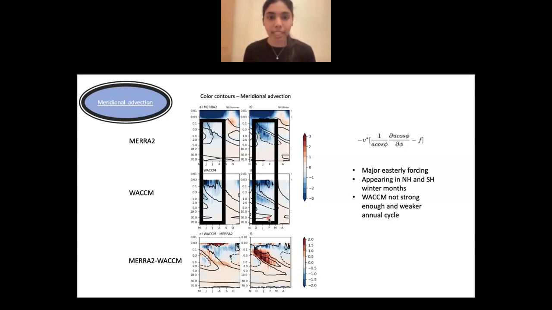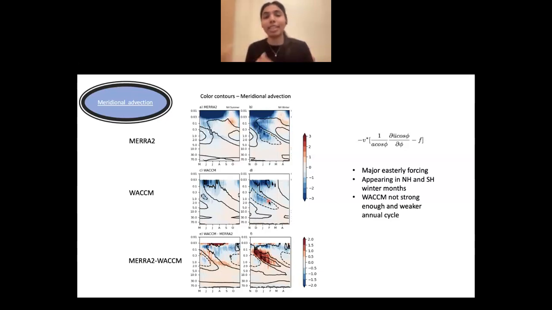Now, if we look at vacuum, it is definitely there. At least in summer months, the magnitudes are also similar, but in winter months you can see that there is a reduction in magnitude, but the timing is correct. But the thing here is that already the westerly phase in vacuum is weak. So even with this forcing, vacuum is able to produce a decent easterly phase. But if we get the westerly phase magnitudes correct, this forcing might have to increase, so that we will need extra forcing to get the easterly phase also correct.